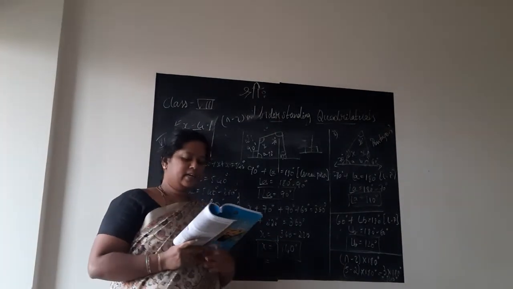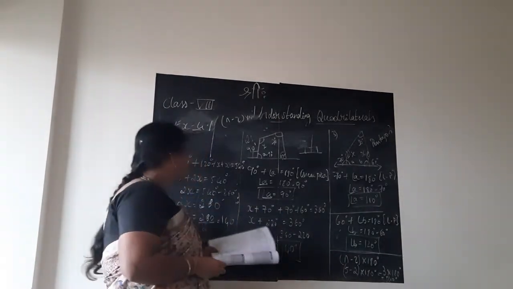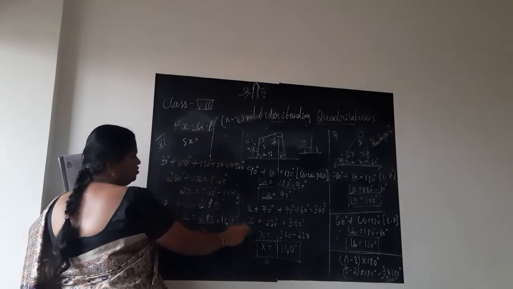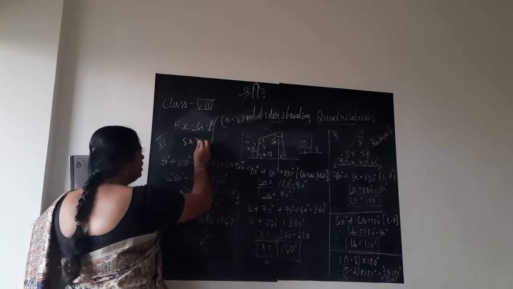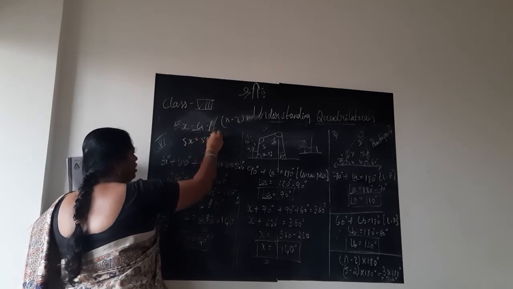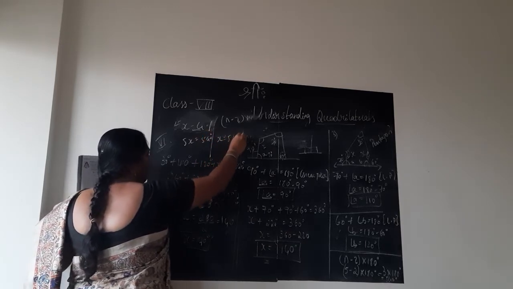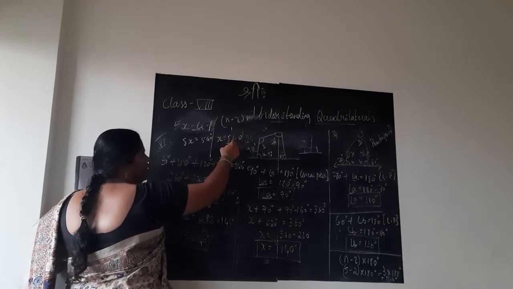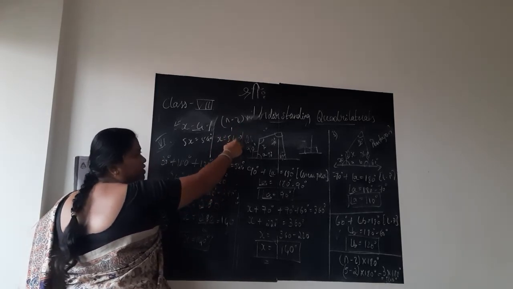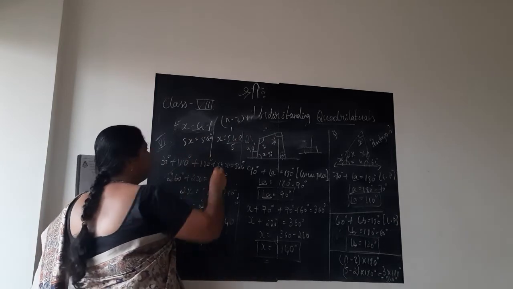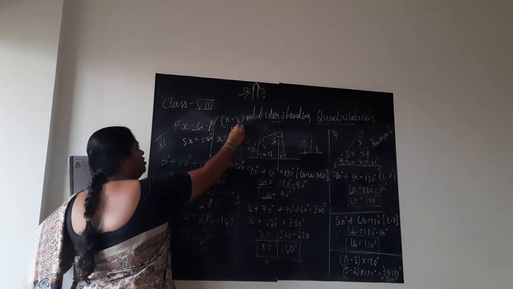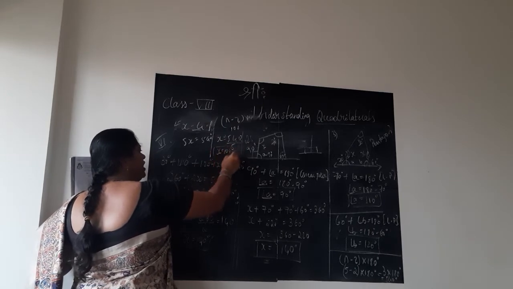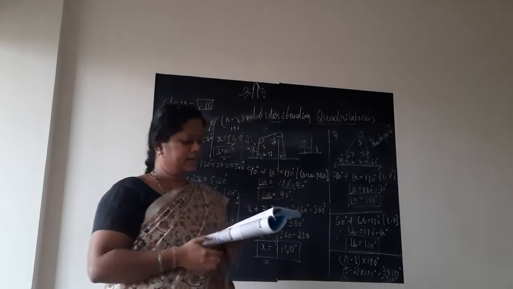All the angles are equal. So I will just show you here. 5x is equal to, as we just found, the sum of the interior angles of a pentagon, 540. So x is 540 divided by 5. 5 1s are 5. 4 you cannot, so 40 together you should take. If you are taking two numbers together, you should add 0. 5 8s are 40. x is equal to 108 degrees. You will get it. Solve it neatly, children.